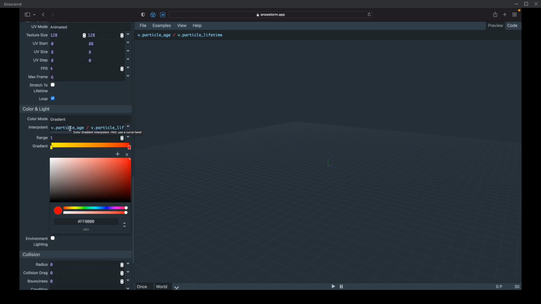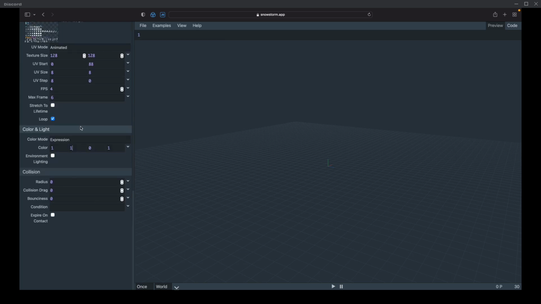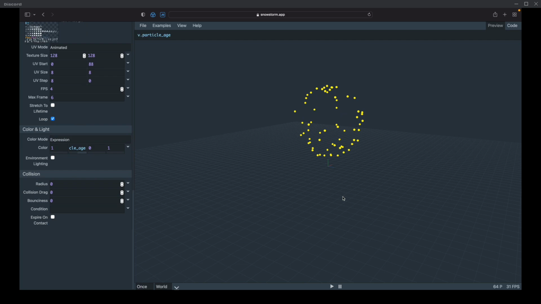It's also something else. There was something fancy I wanted to do. I don't think Snowstorm has support for it, though. No, it doesn't have support for any of the queries. Damn. That's okay. Because you can also just set each channel here. So if I want the age to increase as you go, then red is always going to be active. That's why it's red at the start, and the green increases over the age of the particle.